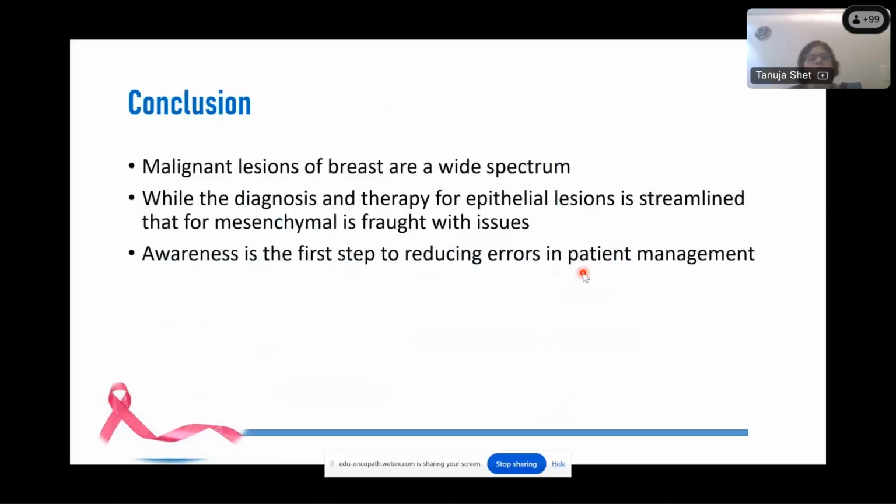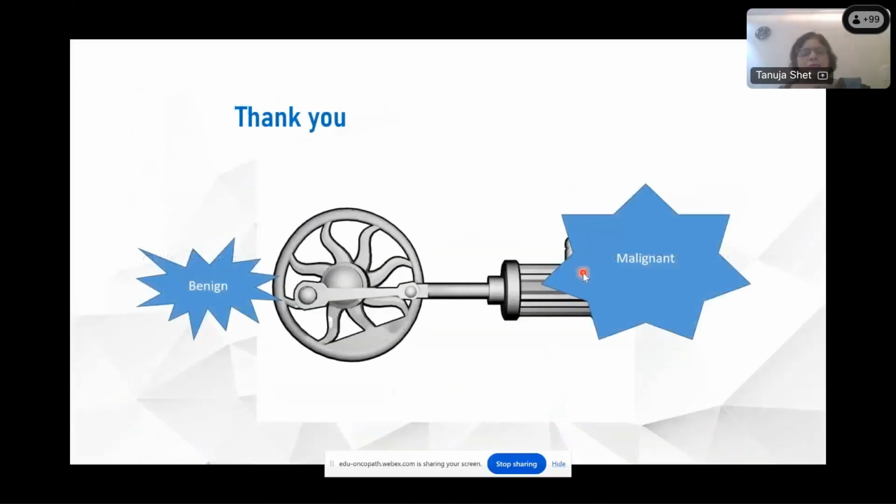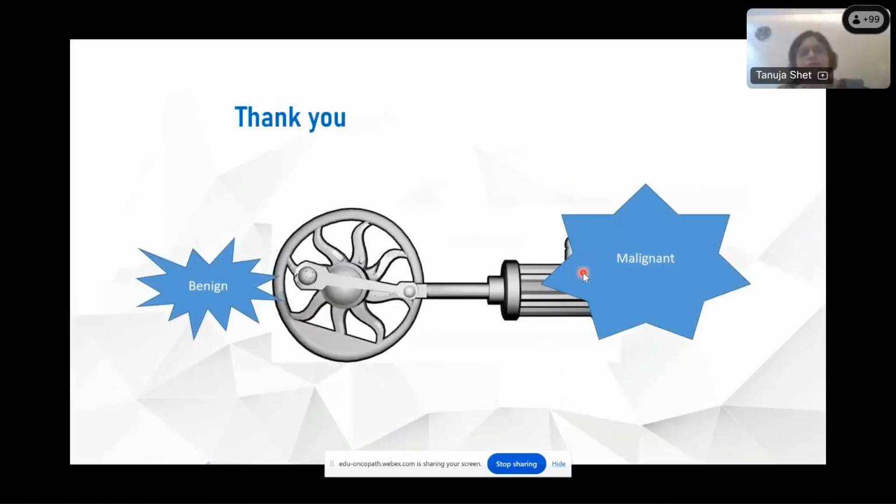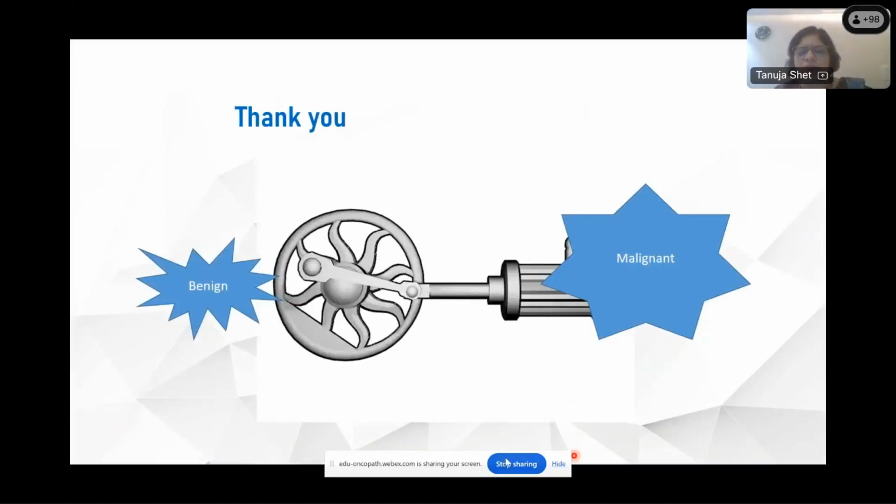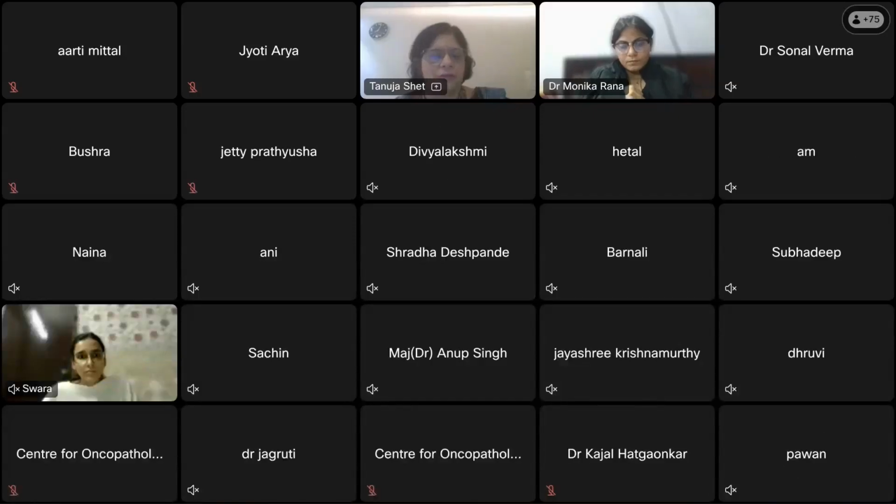So just to conclude, malignant lesions of the breast have a wide spectrum, and you should understand this, and you should understand how they will be treated, especially the mesenchymal ones because they are fraught with issues. And I think awareness is the first step to reducing errors in patient management. And as I'm talking, the wheel of time is turning and some new entities are being added, and that's breast pathology for you. And I'll be happy to take any questions, but we'll finish the cases and then we can maybe start with the